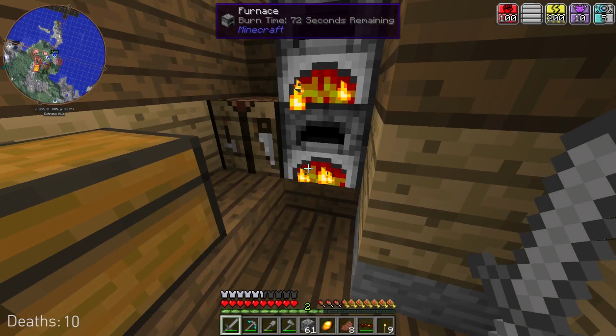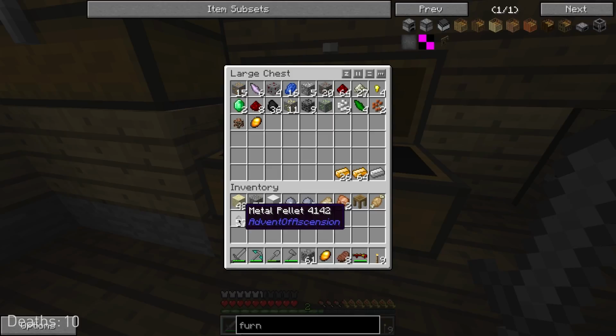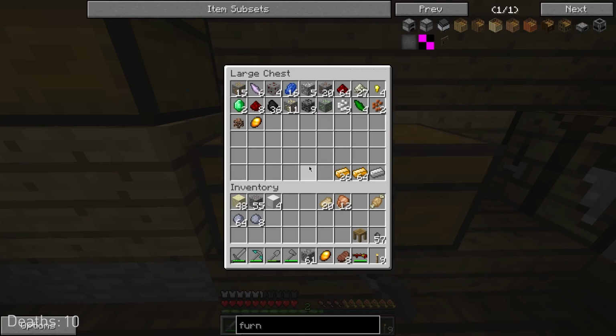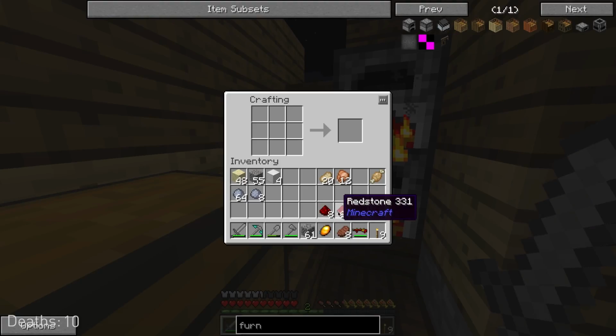And I have food cooking, and I have made plenty of limonite. And now I think it's time to wrap up Tinker's, at least for a little while, now that we have some clay, some sand, some gravel, and 4 blocks of iron. So, let's see, what else am I actually going to do? I'm actually going to need this redstone as well. And let me make a few